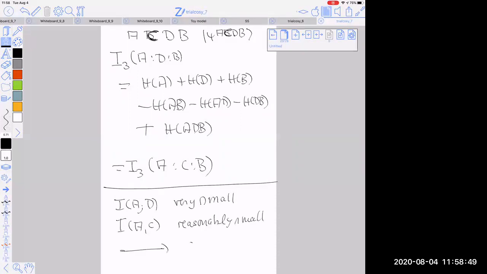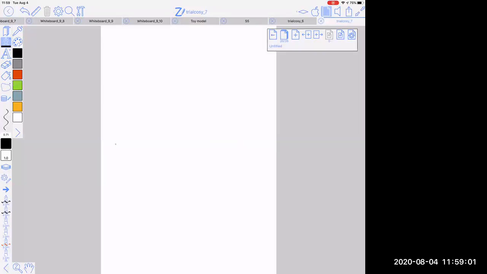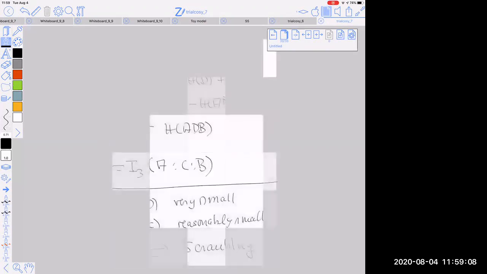And that is scrambling, or at least it implies scrambling. In terms of the black hole, this is really easy to understand. We have A, C, D, B. If you want a lemma,